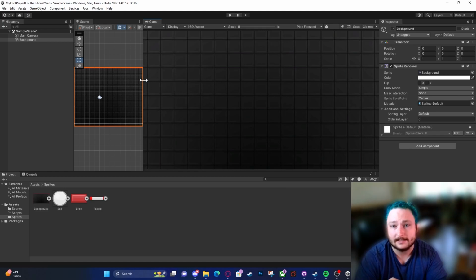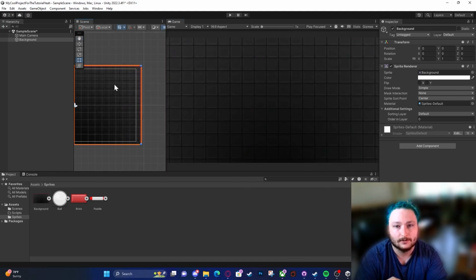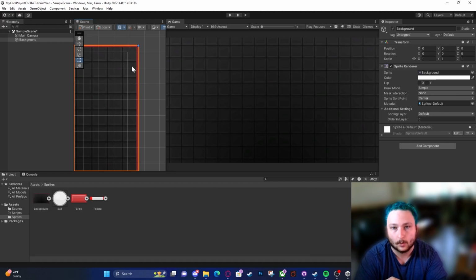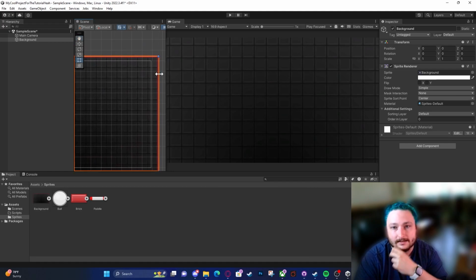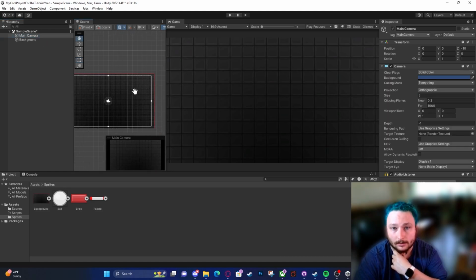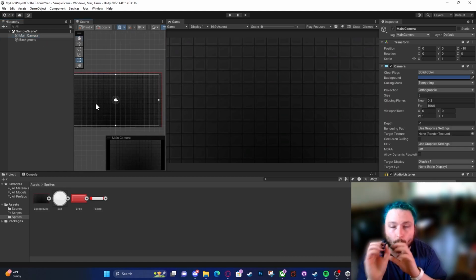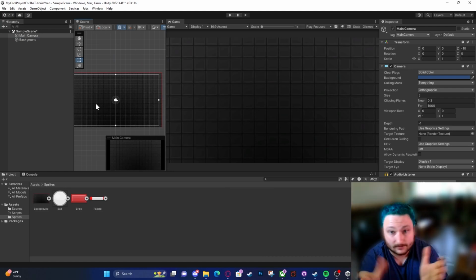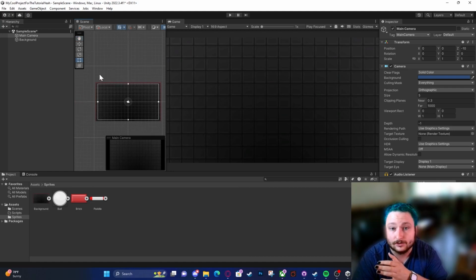And we notice that it hasn't really changed much, but if we look at our background, there's this red border, right? And it doesn't really connect. It's not really showing that here. The reason for that is because of our camera. Our camera is what actually renders everything to our game view. It takes whatever's within this box and renders it a specific way because we chose